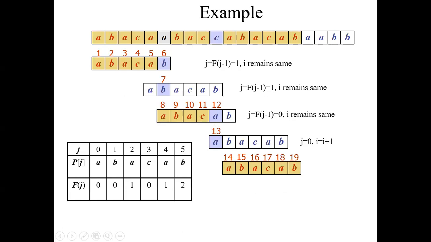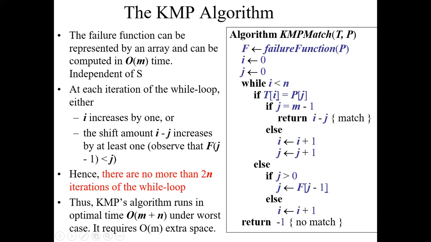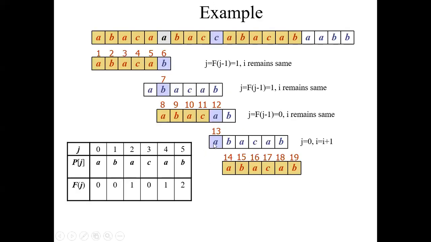So in this case what I am comparing is I is 9 and J is 4. तो 9 और 4 का मिसमैच हुआ लेकिन again J की value is greater than 0. So J की नई value क्या हो जाएगी? F of 4 minus 1, that is 3. So F of 3 कितना है हमारा? 0. So again if you see here, J वापस 0 पे आ गया. So likewise you have to show these iterations